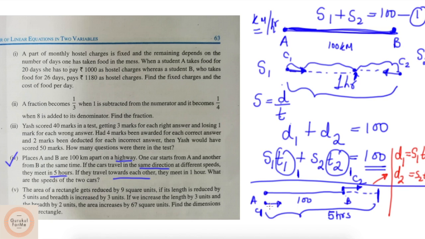Can I say that this car travelled a distance of d1, and the second car travelled a distance which is equal to d2? Can I say that d1 minus d2 is equal to 100? Can I say that? Why? Because the distance between them when they started was 100. Do you agree? Yeah. If you agree to this,